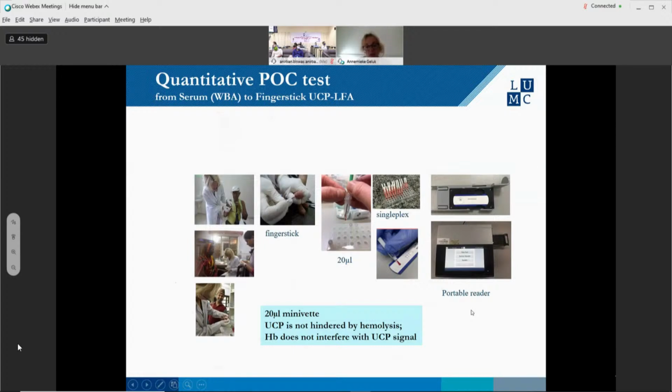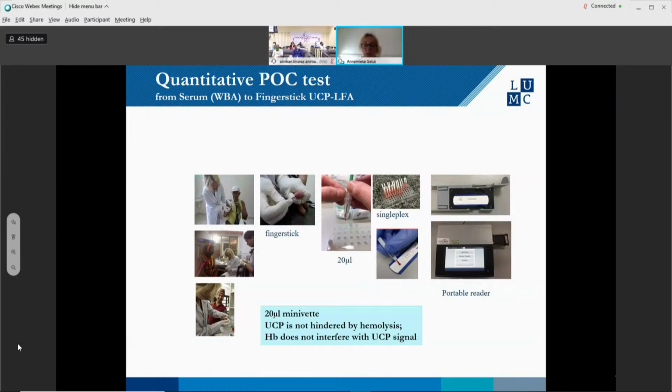So I mentioned that for leprosy field work, you need low complexity. And of course, taking serum will also require a phlebotomist. So you have your venous blood. Well, if you want to avoid that and only want to have your finger stick prick, this is also possible now. So we have the UCP now also available in a cassette for anti-PGL1